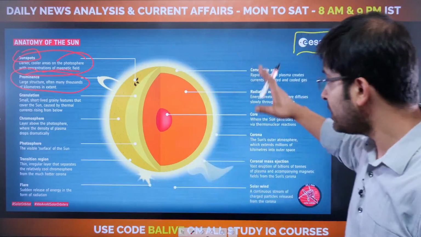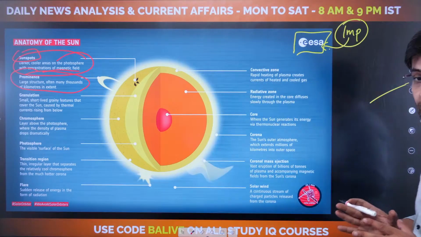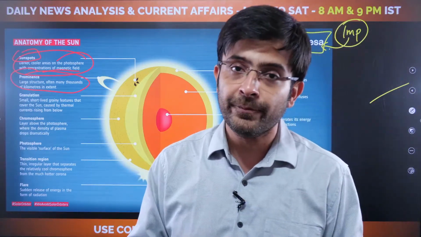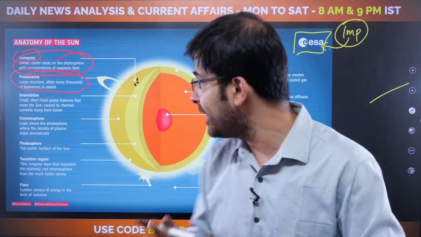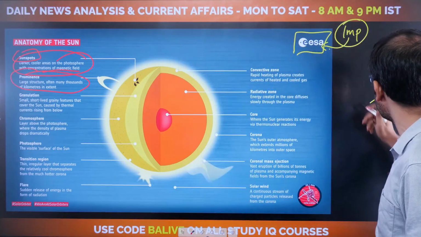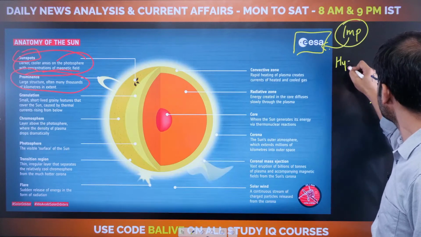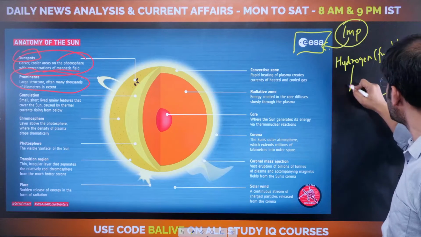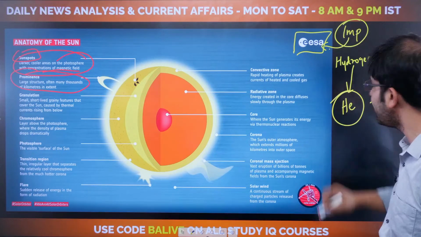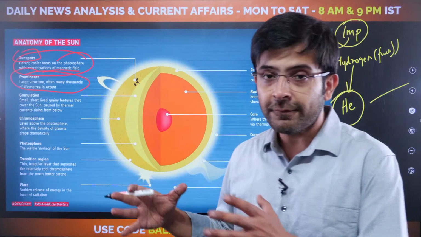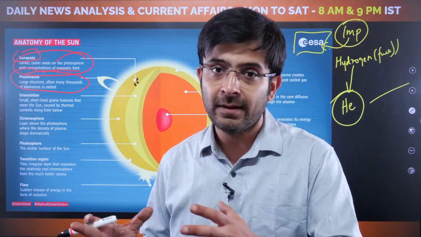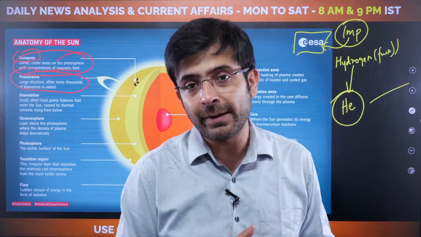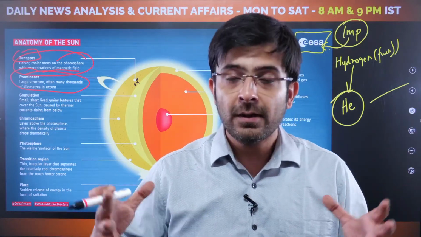So, a very important slide. I have given you the basics of it. So what is the core, corona, radiative zone, transition zone, convection zone? The processes essentially have to do with two elements, guys. From the exam perspective, you will remember that hydrogen is being used as a fuel here for the nuclear reactions, and eventually the product that you're getting out is helium. The massive amounts of both these gases present, along with the violent reactions that use these two elements, is what gives the sun the aura that it has.